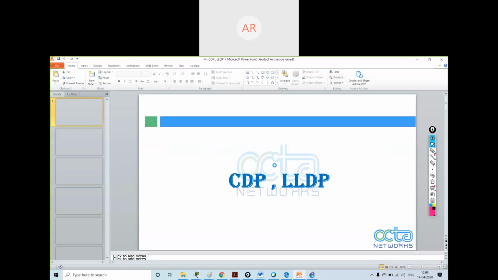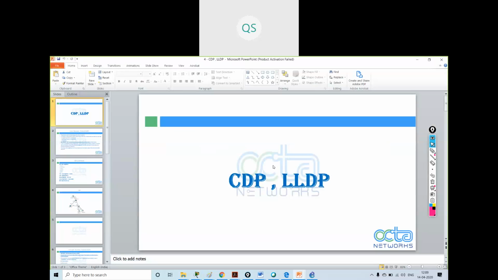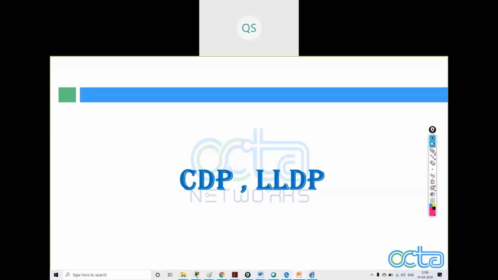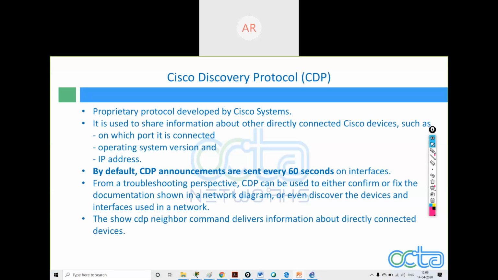So we'll move to the next topic known as CDP and LLDP. What is CDP? Cisco Discovery Protocol. It is a proprietary protocol developed by Cisco Systems to learn the neighbor details.